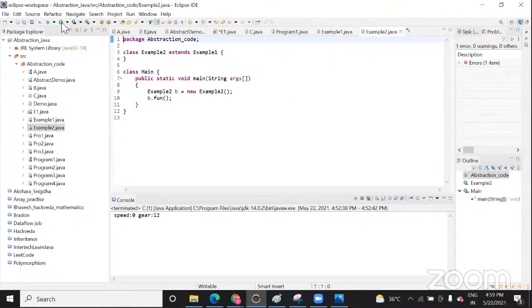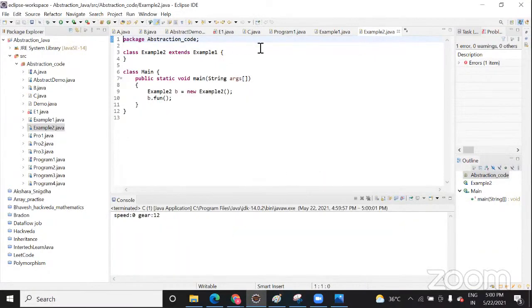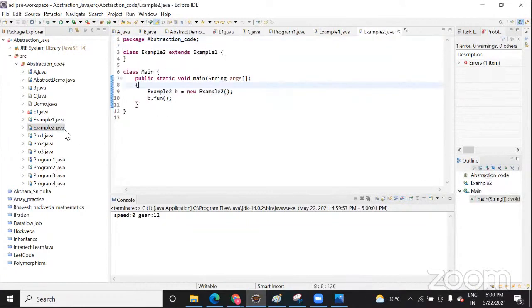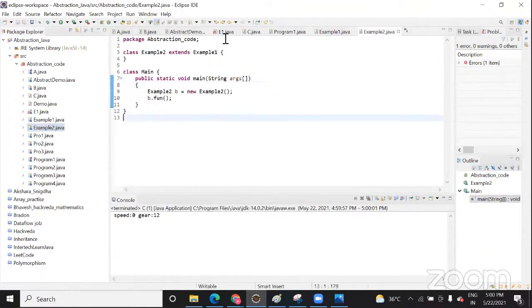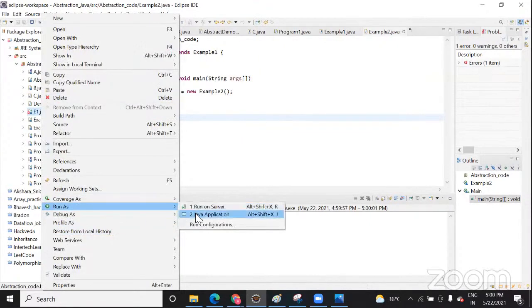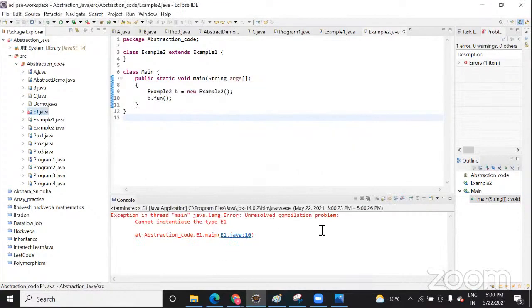So in this way, let me run this. Oh, sorry, this. Because of this error, other programs are affected. But you haven't saved E1.java.